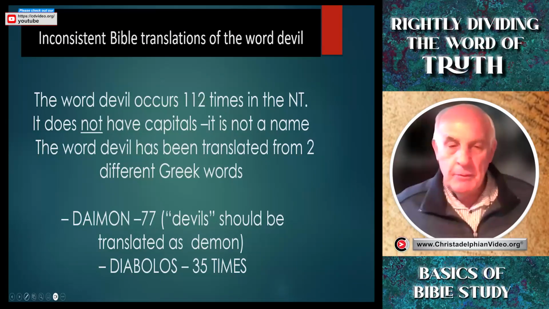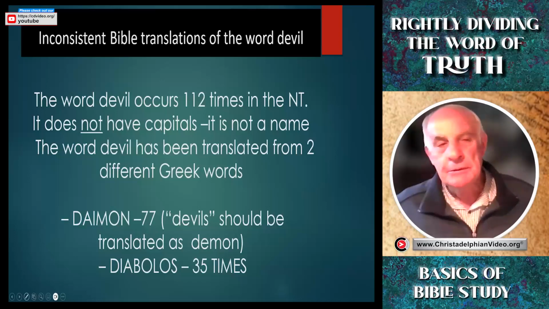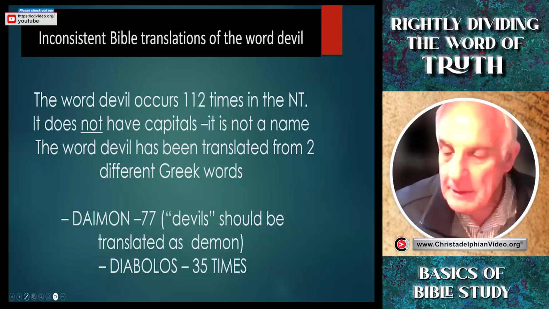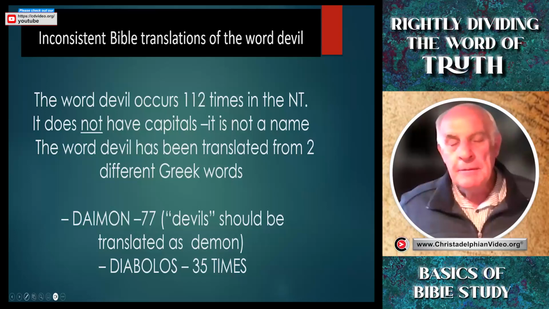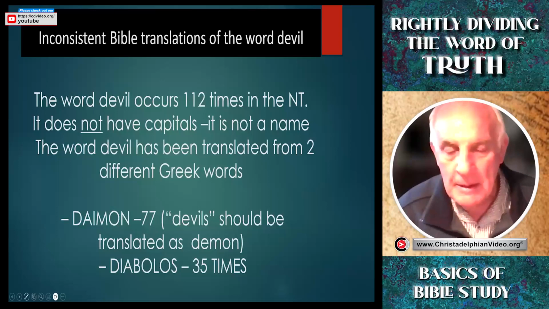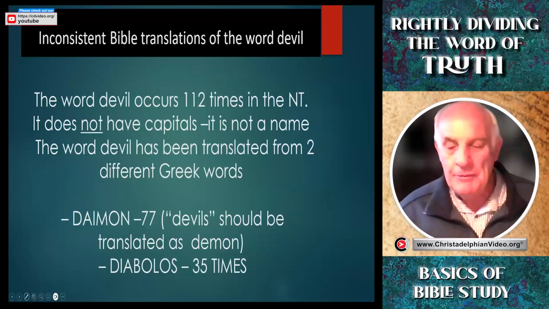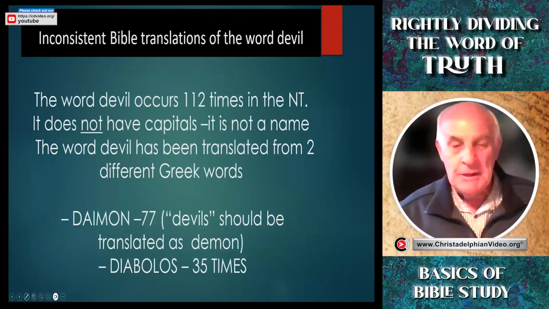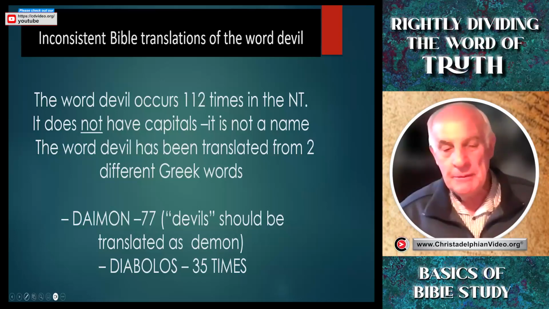Now, demons were from the belief of the Greeks. The Greek, of course, was the great cultural influence of the ancient world. And they believed that when a person died, that their little immortal soul would go out, and if it was a bad person, they would inhabit somebody else and make them insane or ill. So there were these little mysterious, invisible little forces that were called demons. And it became a very popular belief right through the Middle East that when anything was insane, when anything was odd, when anything was unusual, when people got sick, that it was the work of demons. And even many, many Jews came to believe in demons.